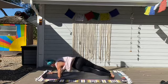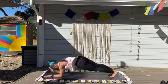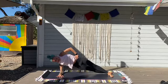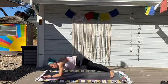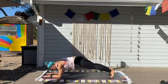Good. Right hand comes down. Forearm side plank facing the front of the mat. Right hand turns in. Forward forearm side plank this direction. So you can now see that transition. I'm going to drop down, face the front, hold here. We're going to tap right hip down,